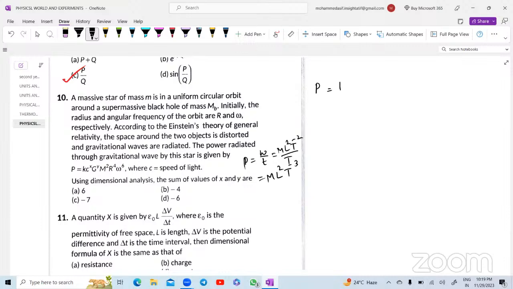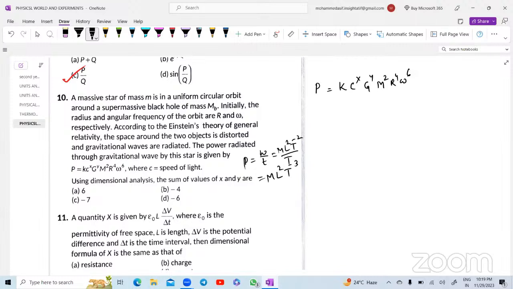ठीक है ना, तो मैंने ये कर लिया, यहाँ पर लिख रहा हूँ देखो रफली, p इज इक्वल्स टू k, सम कांस्टेंट k है ना, देन c पावर ऑफ योर x है, g पावर ऑफ योर y है, m पावर ऑफ योर 2 है, r पावर ऑफ योर 4 है, ओमेगा टू द पावर ऑफ 6 है। तो k तो सम कांस्टेंट है राइट नाउ फॉर मी, isn't it? तो he's asking x plus y का डायमेंशन कितना हो जाएगा, यानी x और y की वैल्यू निकालना है।